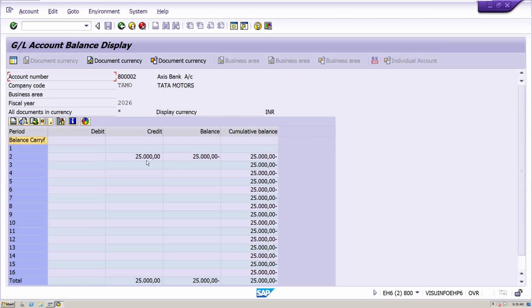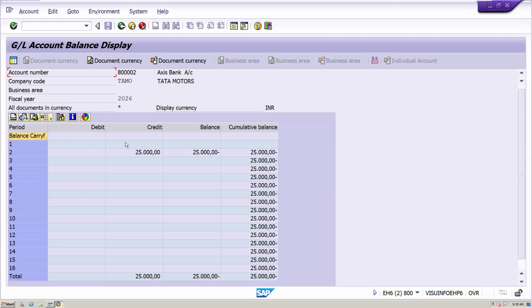In the same way here, the credit balance is showing negative because in the bank account, till we load a balance, meaning we haven't added any bank balances, it is showing as a minus balance. If the opening balance were 1 lakh, after deducting 25 it would show 75, so that it is reflecting. So whatever transaction is posted, it is shown in multiple scenarios.